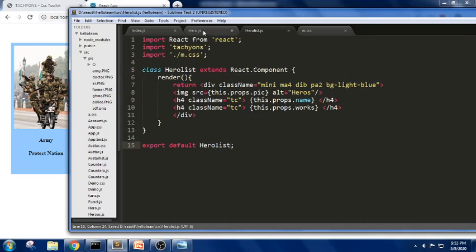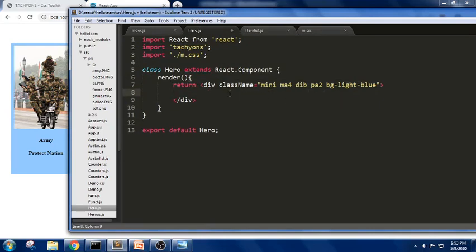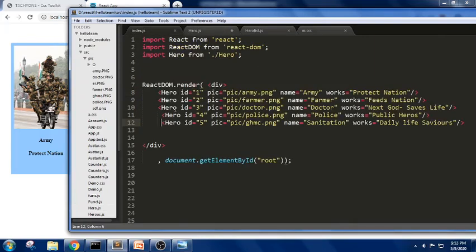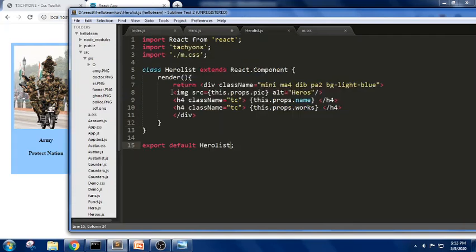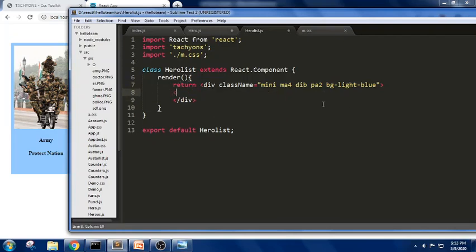So it is done. In this part I want to make sure I'll be using some text followed by image. That is, we'll be writing some text as well as a button. For this I am trying to replace everything with the concept which we have written in the index.js. I just want to remove this part and replace it, and I want to include this heroes list here.